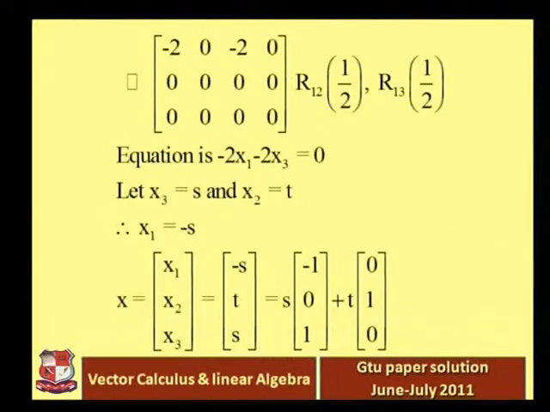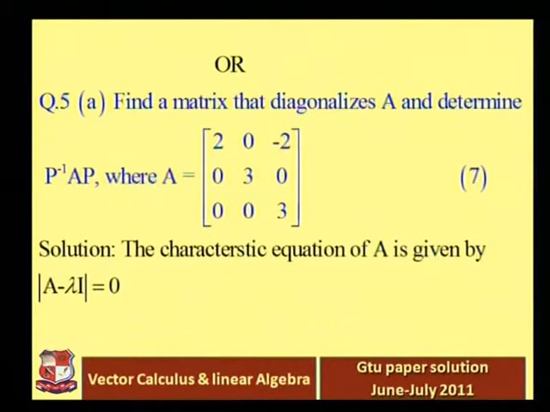So now we will get a total of 3 eigenvectors, right, corresponding to lambda is equal to 1 and 2, 2. Corresponding to lambda is equal to 1 we have one eigenvector, and corresponding to lambda is equal to 2 we have 2 eigenvectors, right? So this question is complete now. That's the question: find the eigenvalues and eigenvectors corresponding to the matrix, and that we already found out. Okay, so this is question number 5 or